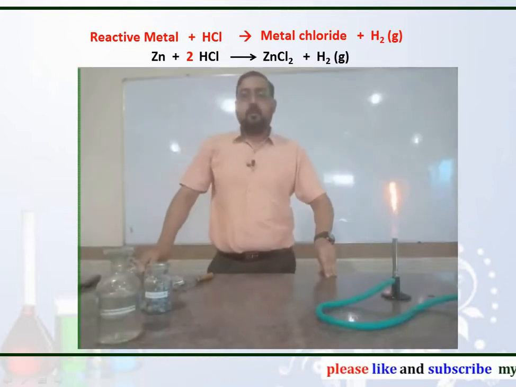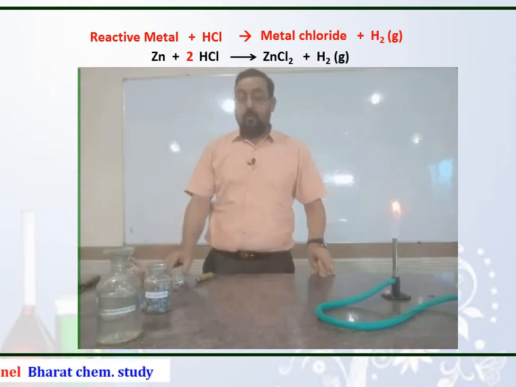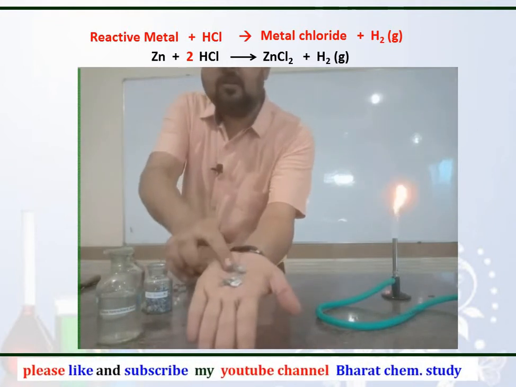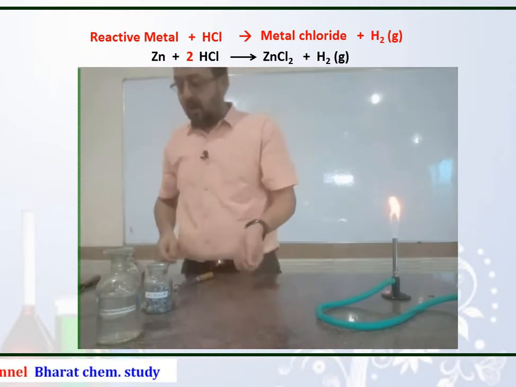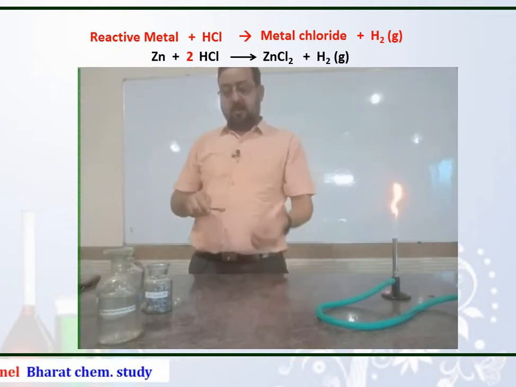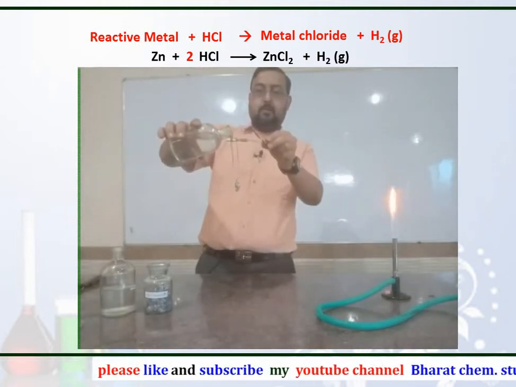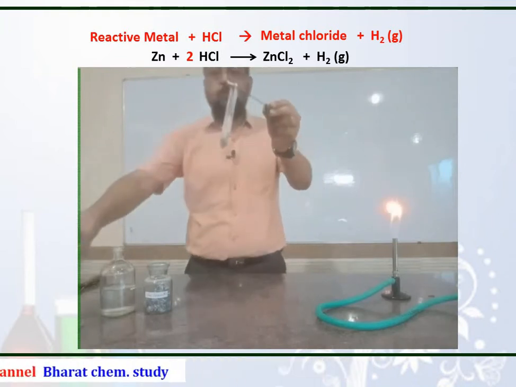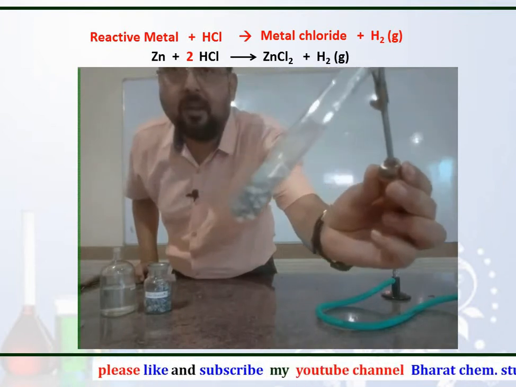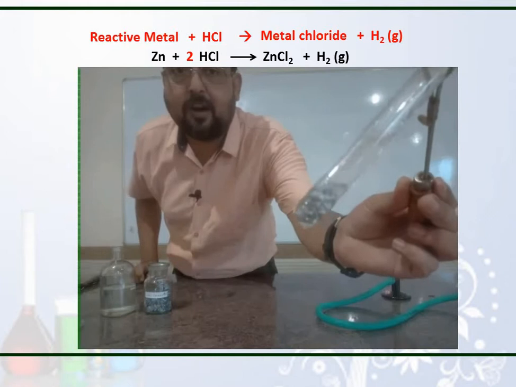Now we are going to study the preparation of hydrogen gas by the reaction of zinc with dilute HCl. So first of all we take zinc granules which look like these. These are called zinc granules, and now I am going to put these zinc granules in a test tube, and now I am going to add dilute HCl in it. So on pouring dilute HCl in it, you can easily see the effervescence. The bubbling is forming here. These bubbles are due to the formation of hydrogen gas.